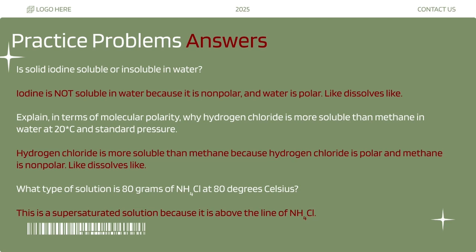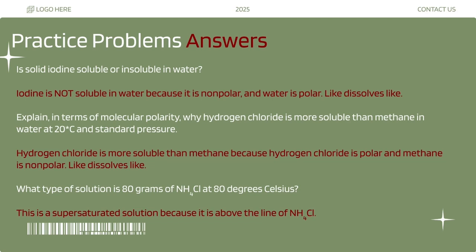Then explain in terms of molecular polarity why hydrogen chloride is more soluble than methane in water at 20 degrees Celsius and standard pressure. Hydrogen chloride is more soluble than methane because hydrogen chloride is polar and methane is nonpolar, and water is polar,